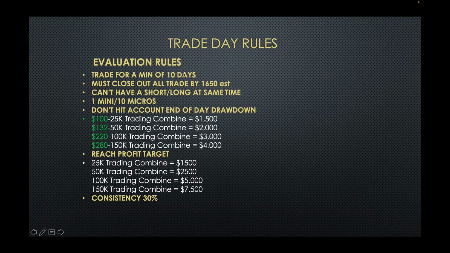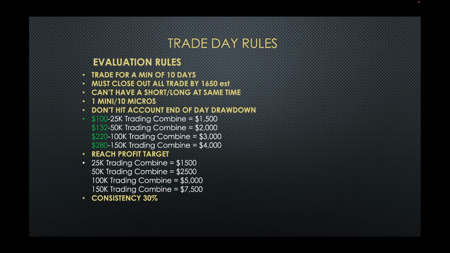But remember, you've got to trade 10 days anyway, regardless. So if your profit target is $2,500, then that 30% basically is $750 a day. So $750 a day times 10 days is $7,500. So really, you don't even have to hit that. When I say $2,500 profit, divide that by 10 days, you only need $250 a day to pass that account. So you're going to be nowhere near that 30% rule.